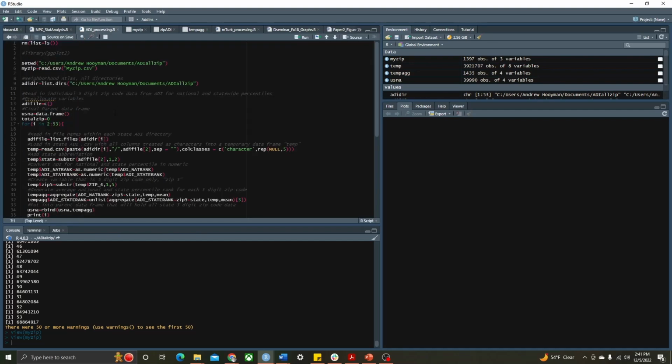that I have. Now the issue is that I'm not going to be able to match them precisely. My participants do not know what their 9-digit zip code is. I don't even know what my 9-digit zip code is. But I am able to generate an aggregate 5-digit zip code national and state level ADI ranking that I think is a pretty good approximation for what would be considered the ADI for my participant based upon their 5-digit zip code. And I'll show you a visual of that to help bolster that